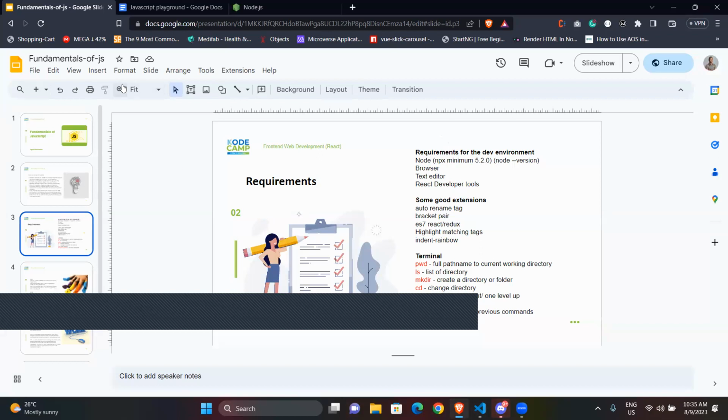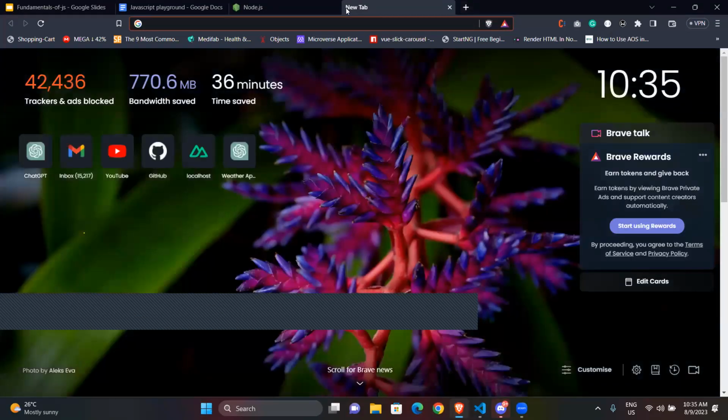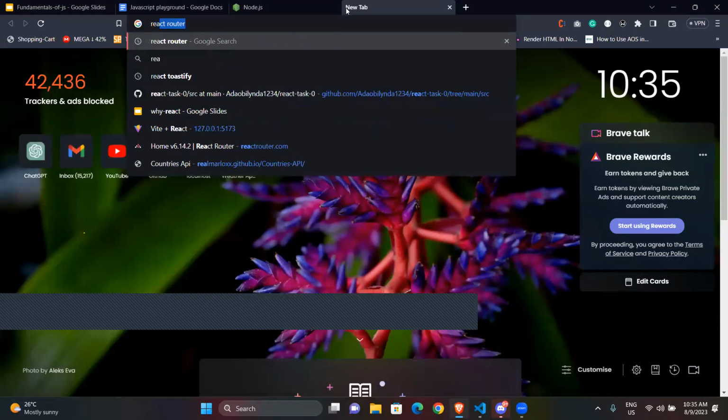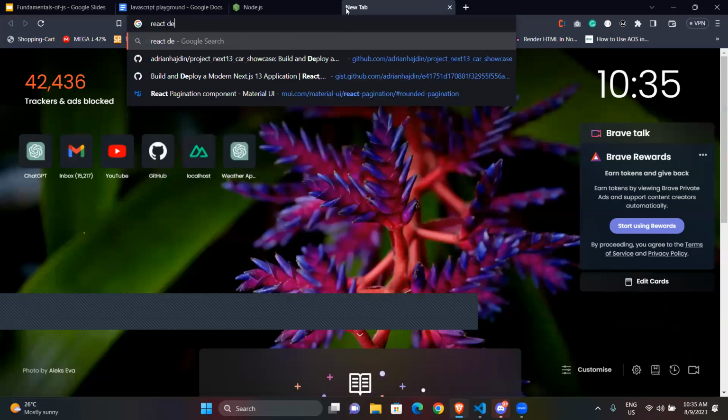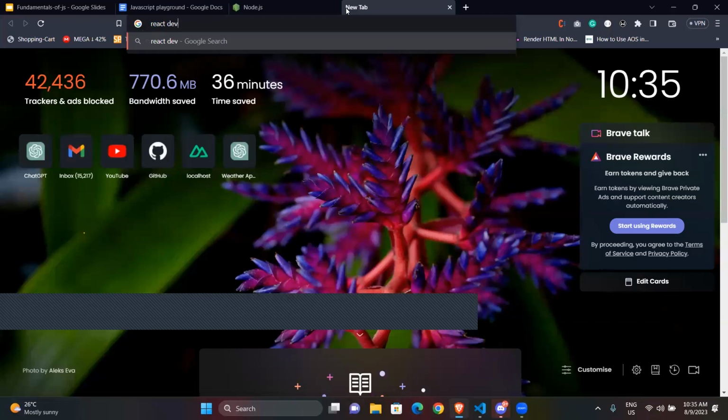So you also need a browser. These are some requirements. You need a browser, since it's definitely front end, to see what you're doing. We already have a text editor. And then you'll also need to install your React developer tools, React dev tools.